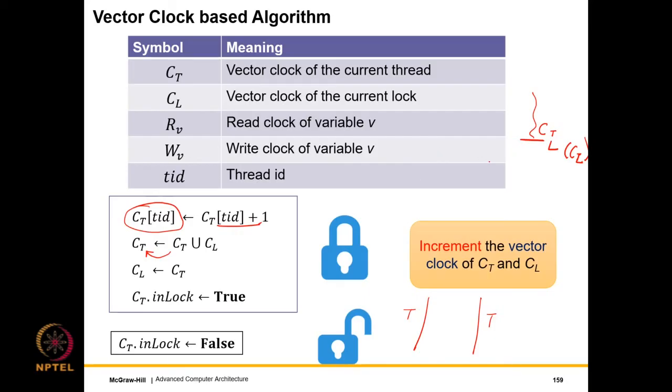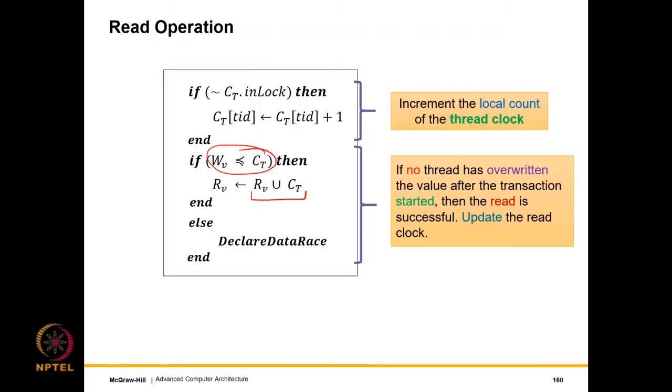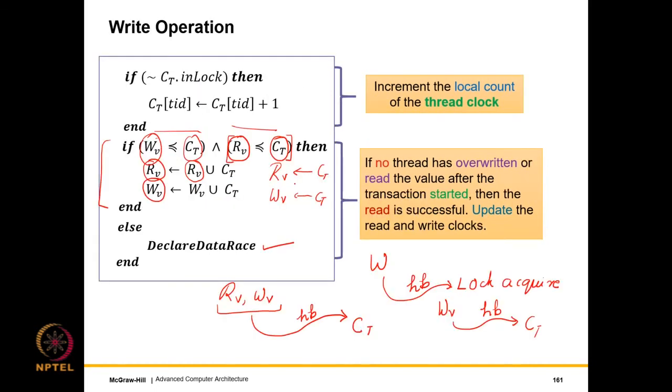So they come to the same point, which means that for any subsequent acquire of the lock, if let's say the vector clock of that is V2 and the vector clock of this one is V1, there is a strict precedence relationship. All right. And this is being used in both the read part and the write part. So when we read a variable, we only check the previous write clock, not the previous read clock. And the previous read clock is no doubt updated, but updated in this fashion. And for a write operation, we check both the previous clocks, and there has to be a happens before relationship. Otherwise, we declare a data race.